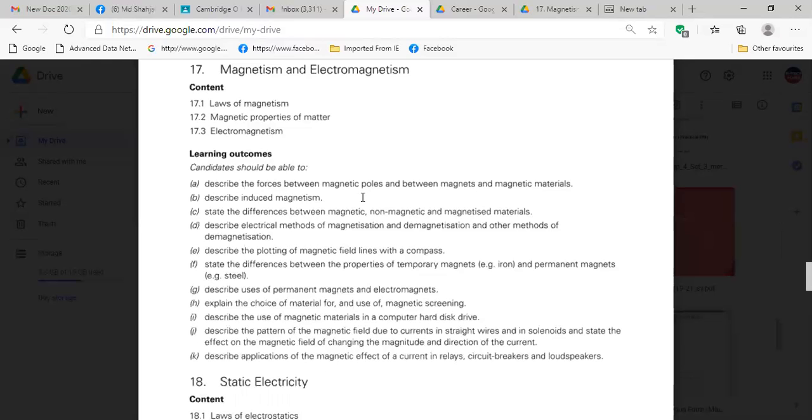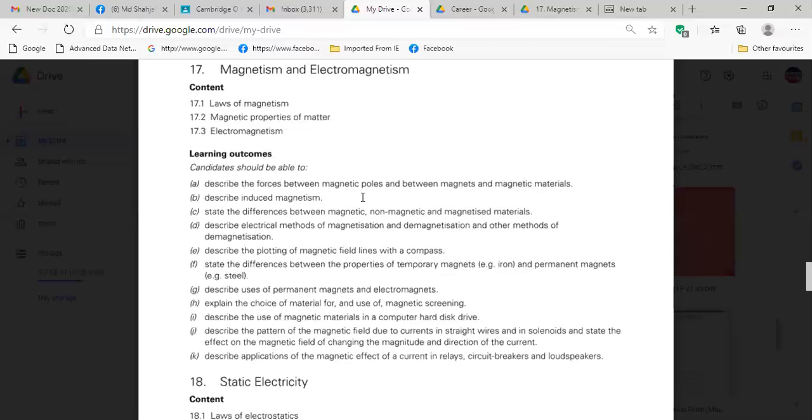It will not show any repulsion, only attraction. So you understood the difference: magnets show both attraction and repulsion, but magnetic materials only show attraction, not repulsion.